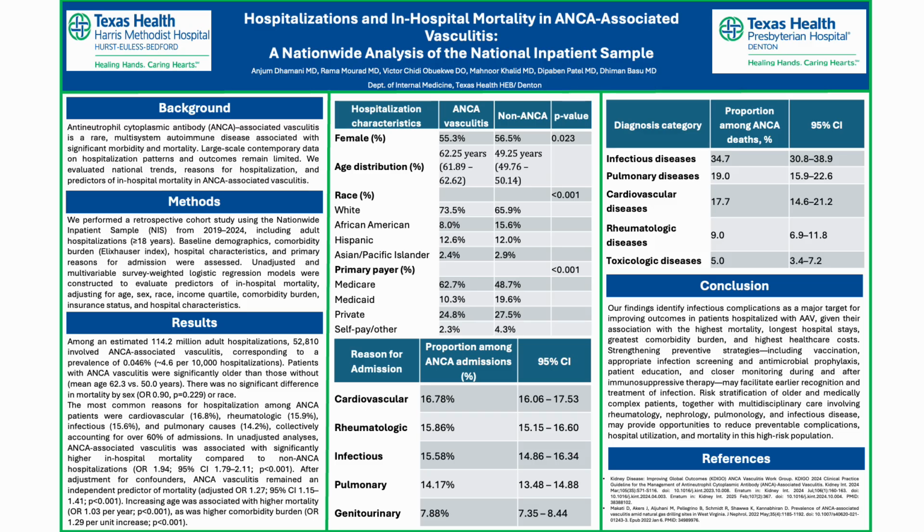We further looked into the ICD-10 codes, and we found that sepsis was the most common code, followed by flare-up of the disease like granulomatosis with polyangiitis, then acute kidney injury, and then pneumonia. So the consistency across multiple analyses suggests that this isn't simply a statistical finding. It reflects the real clinical burden.